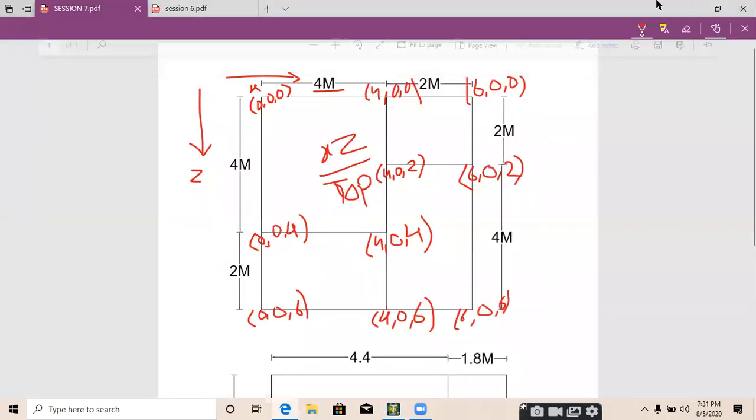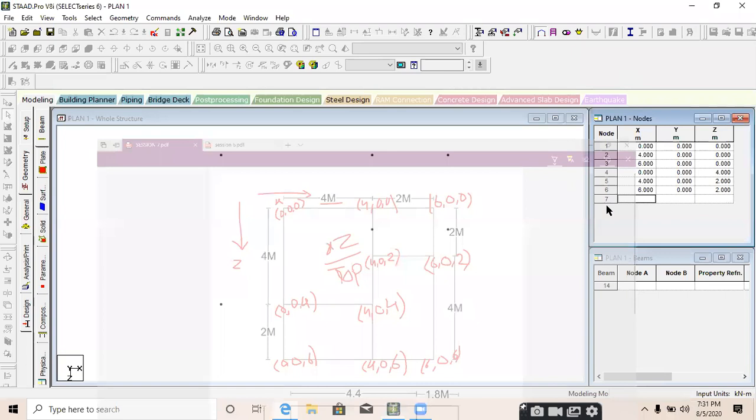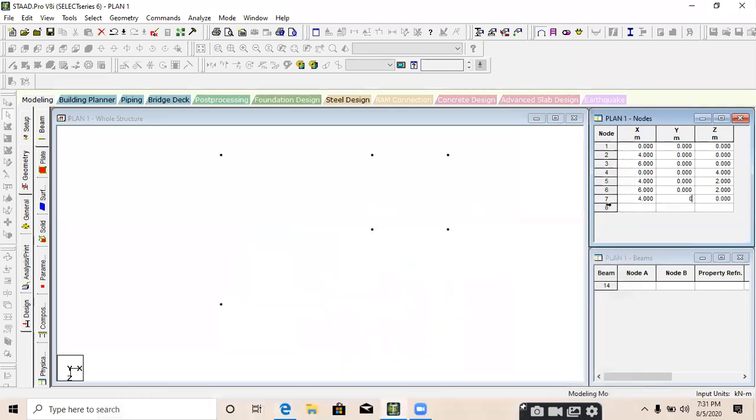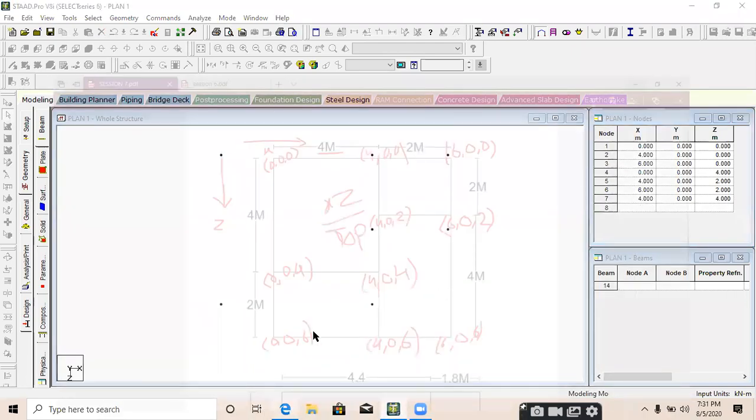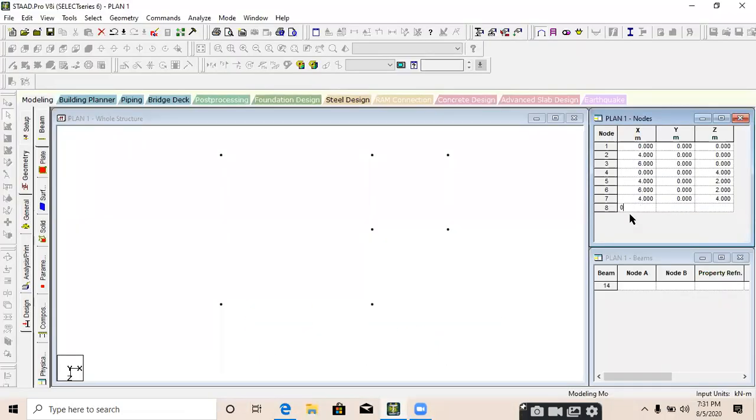Then 4, 0, 4. 4, tab, 0, tab, 4. Enter. Then what is next? 0, 0, 6. Enter.